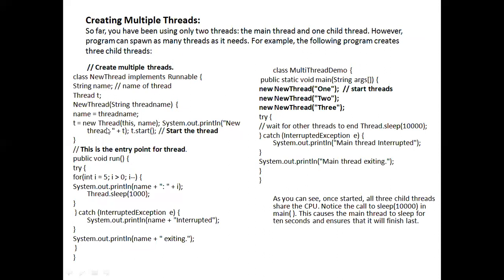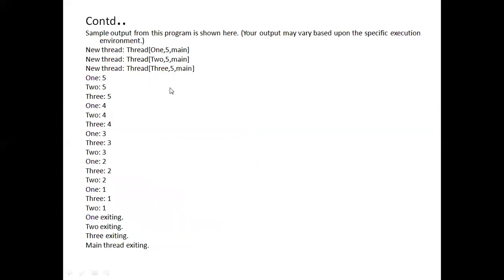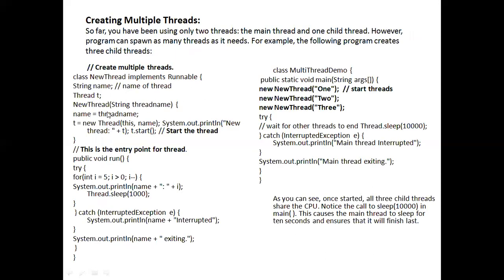Now what is the name of the thread which we have passed? That is 1. So the name of the first child thread that we passed is 1 and its priority is 5, comma, main. The name of the group of the threads is main. By default it is main only. So like this, this method will give the information about the name of the thread, its priority and the name of the group of the threads.